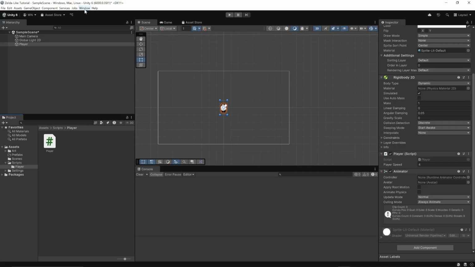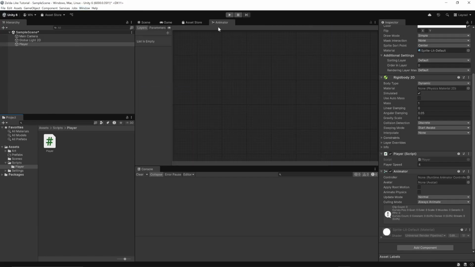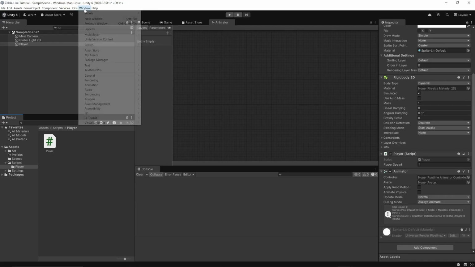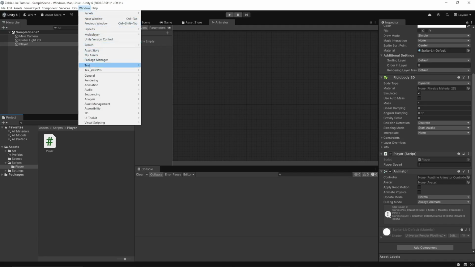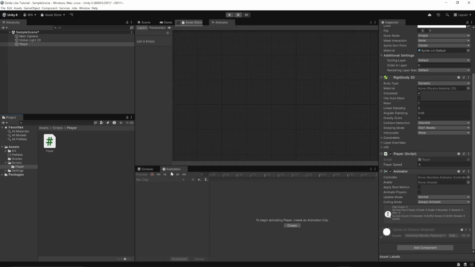So what we're going to do is go up to window. We are going to go to animation, and, oh, not the animator, but we're going to need animator anyway. So put the animator up there, which is perfect. Window, animation, and animation. So we can dock this one down here. So once again, click on player, and it should say down here to begin animating player,